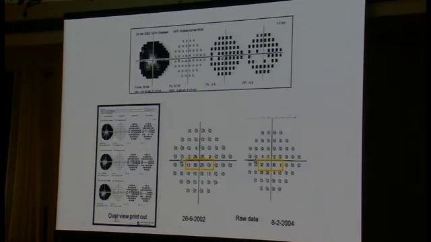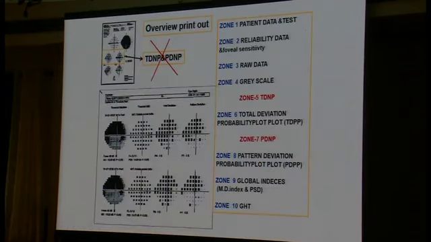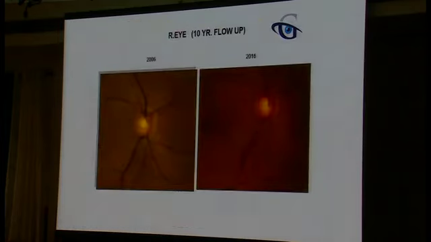In advanced cases, don't stick only to the 24-2, because there are hardly a few retinal sensitive points having sensitivity. When a change occurs in these points, it is distributed to all the points and expressed as a mean, and it looks simple, stable. This is the overview printout. All the components are present except the total deviation numerical plot and pattern deviation numerical plot.